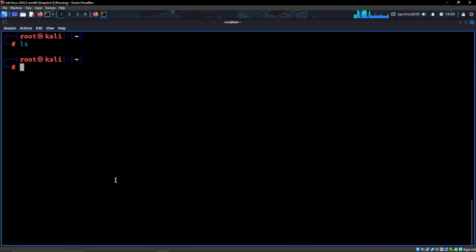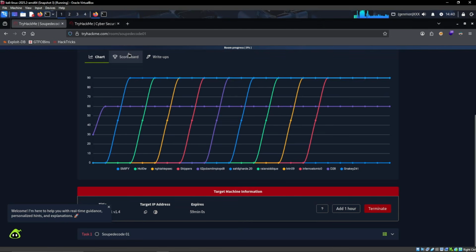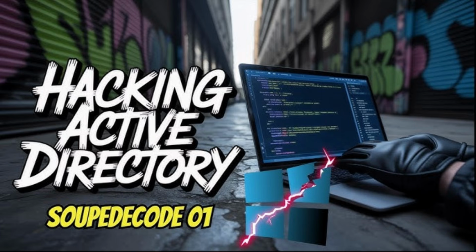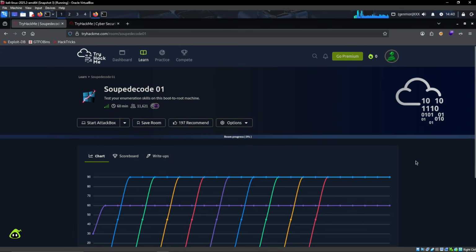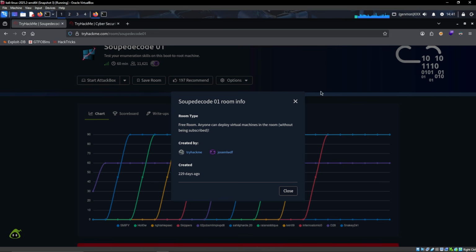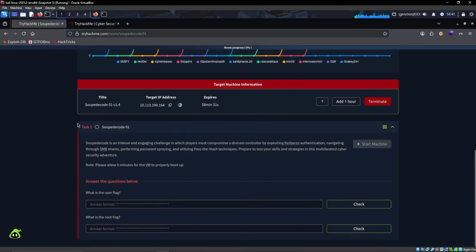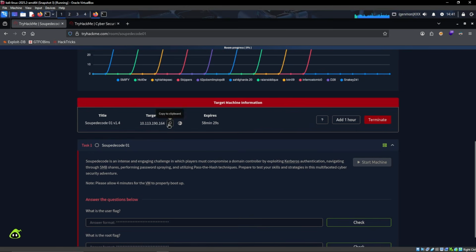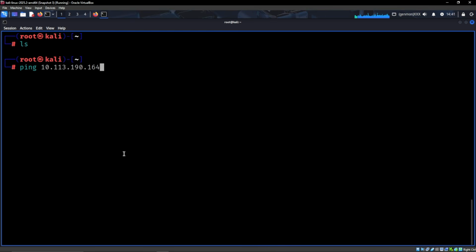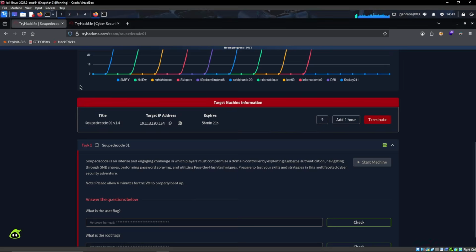Hello and welcome everyone. So we're going to be doing a room called Soup the Cone on TryHackMe. It is a free room, so everyone can do it. And we have just started the machine right here. If you haven't, just simply hit start right here. And we cannot yet ping it because we haven't set up our VPN to be able to reach these machines,